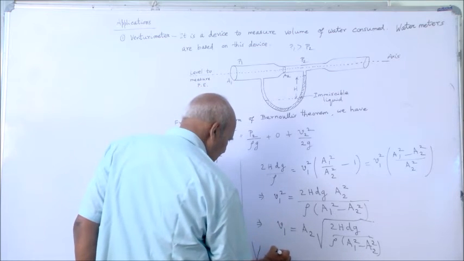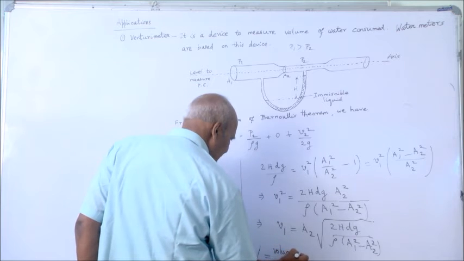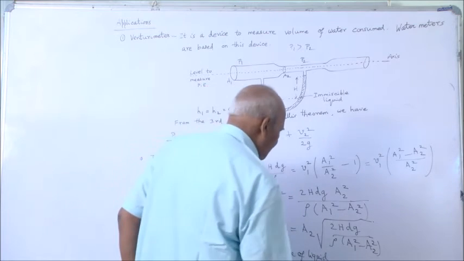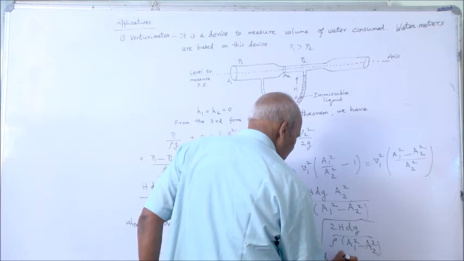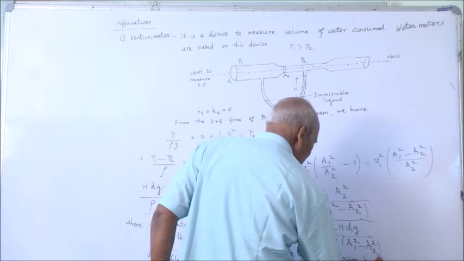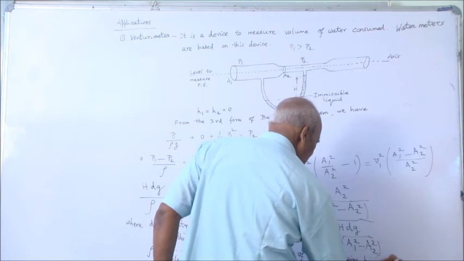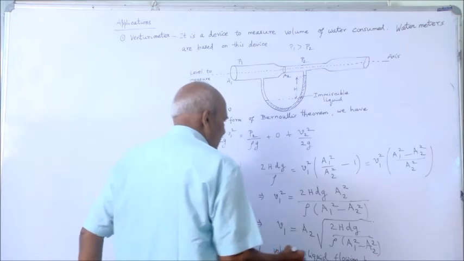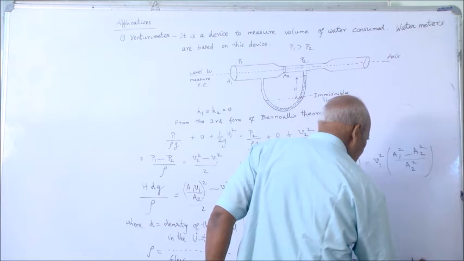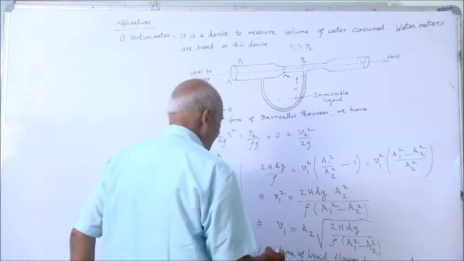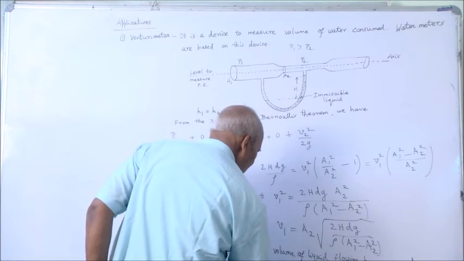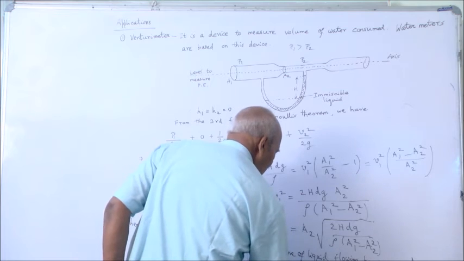So, capital V1 is the volume of liquid flowing per second. Volume of liquid flowing per second is equal to A1 V1. So, this will come out to be A1 A2, then square root of